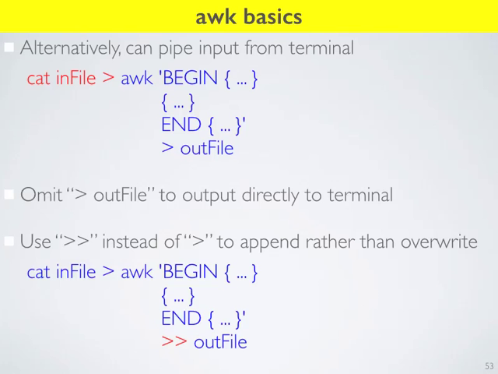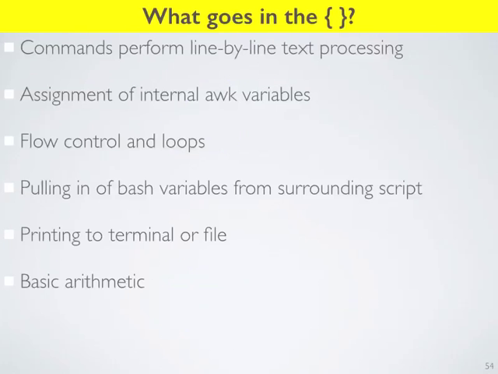And then we've talked about this previously, if you don't want to overwrite your file, but rather append to your file, you replace the single greater than sign with a double greater than sign. This means write to the end of my file rather than overwrite my file. And so you've seen this in the context of bash. It's just the same in awk. Okay, so that's sort of just setting up the awk program.